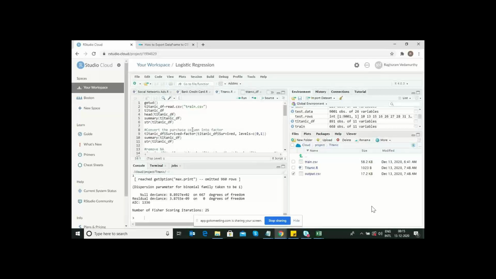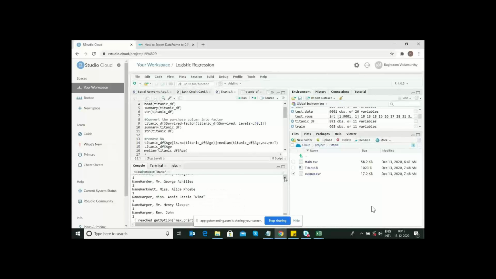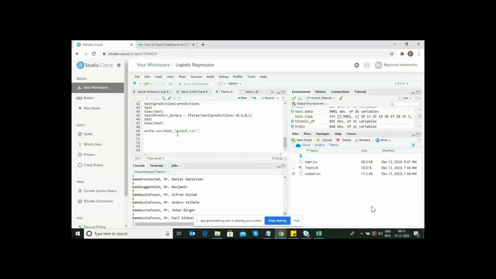Just go through this. I got this output, 1 1 1 for who survived. Then I wrote the data into output, and in a similar way I got the output.